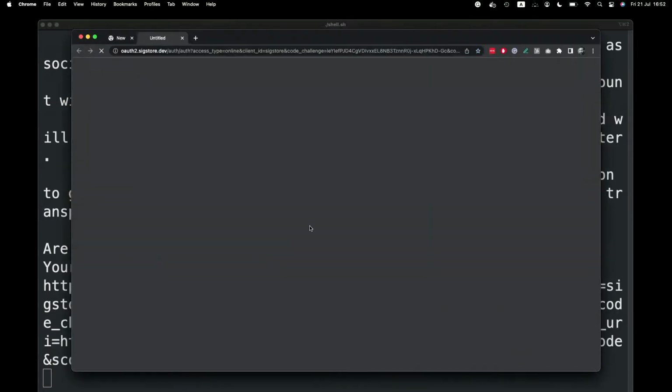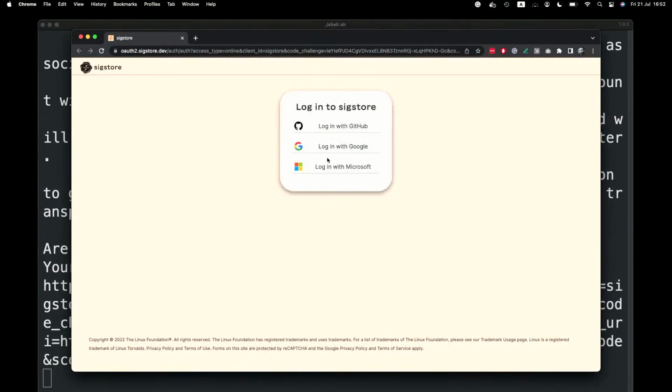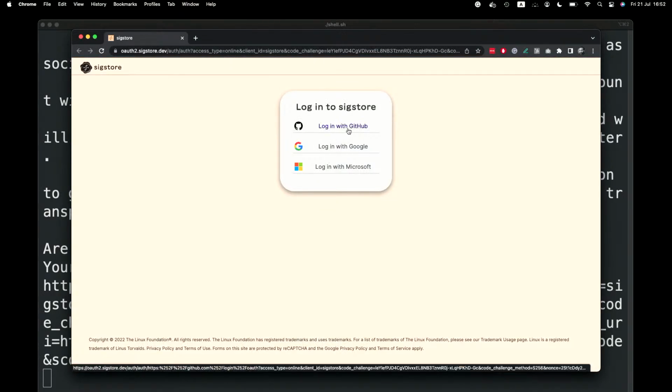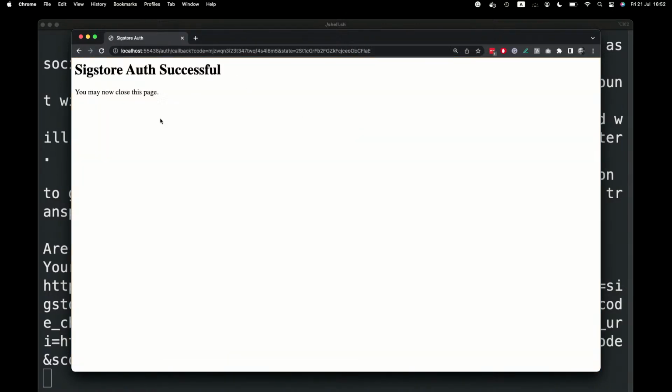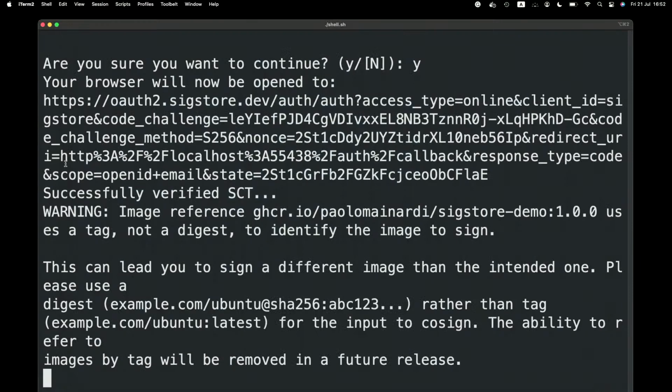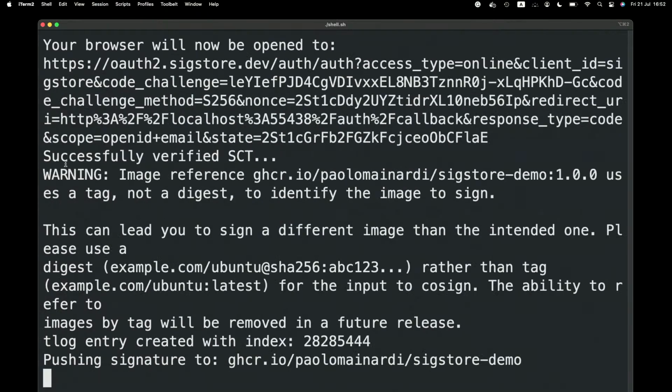Now it will start the keyless signing process that I mentioned before. Basically, now I'm logging on Sigstore with my GitHub account, and this is it. We don't need anything more to have our image signed by us. We can check where this